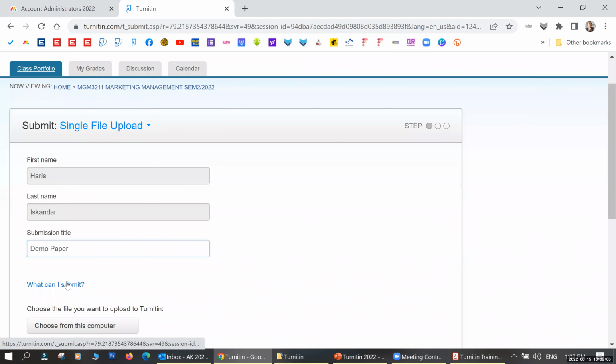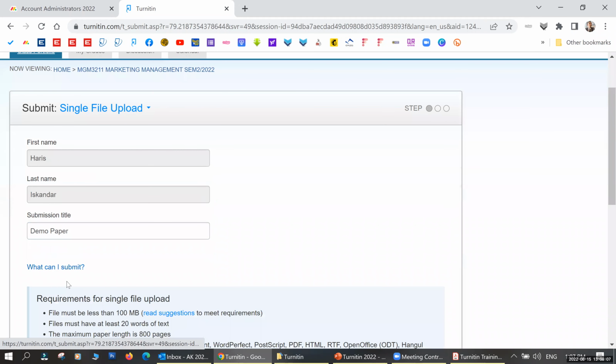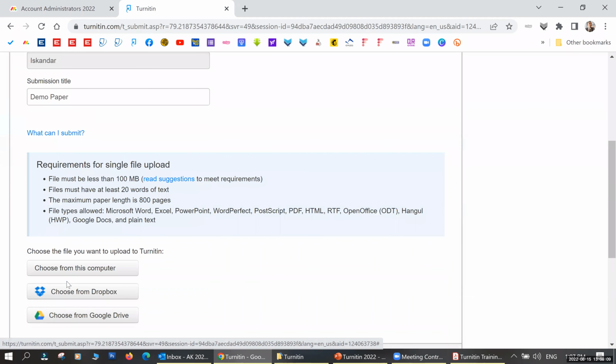Requirements for single file upload, the file must be less than 100 MB or less than 800 pages. Okay, size file kena kurang daripada 100 MB ataupun bilangan muka surat kena kurang daripada 800 muka surat. And the file types allowed are Microsoft Word, Excel, PowerPoint, PDF, HTML, plain text, as long as it is a text document,